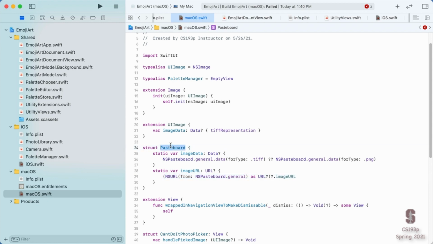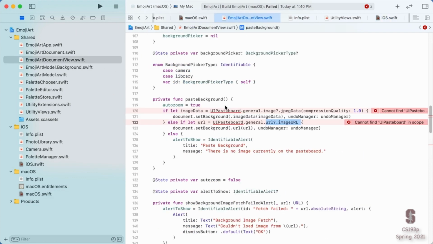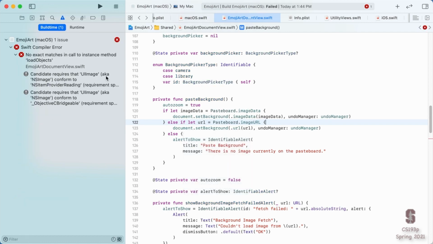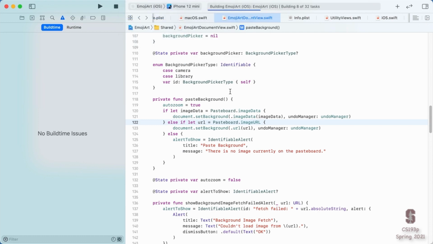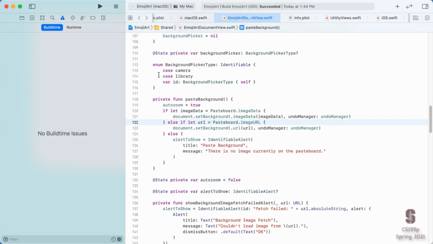All right, now that I have this Pasteboard abstraction, I can go back and fix my problems over here where I'm using the pasteboard to use these abstractions. Instead of doing this iOS-specific one, I'm just going to say Pasteboard.imageData. And this one is Pasteboard.imageURL. Again, abstraction here. Compiles fine. Now on macOS, make sure. Yeah, no complaints there. And let's just hop over to iOS, make sure we're still building over here. Yep, looking good. Okay, back to the Mac and build.